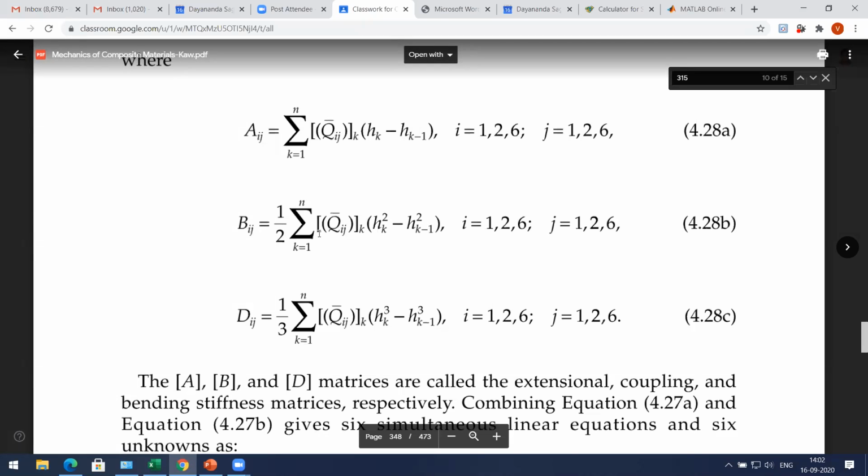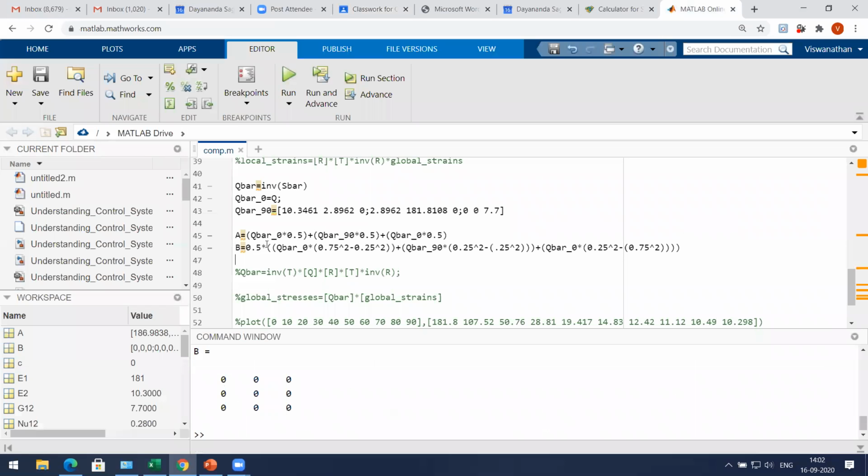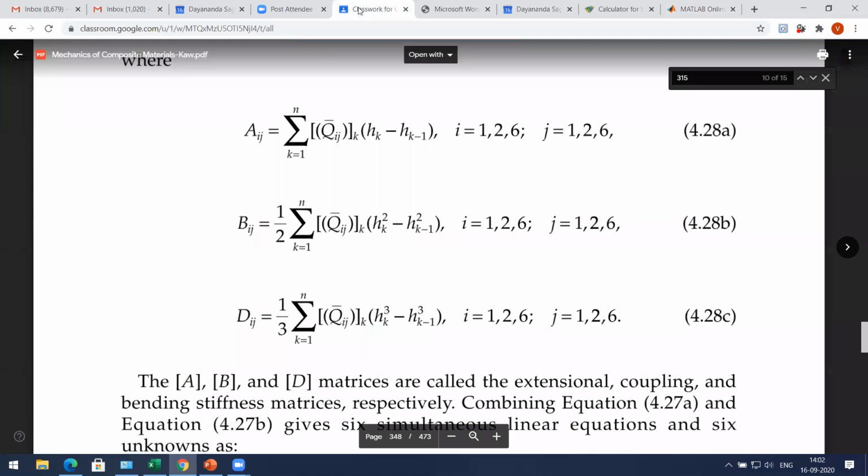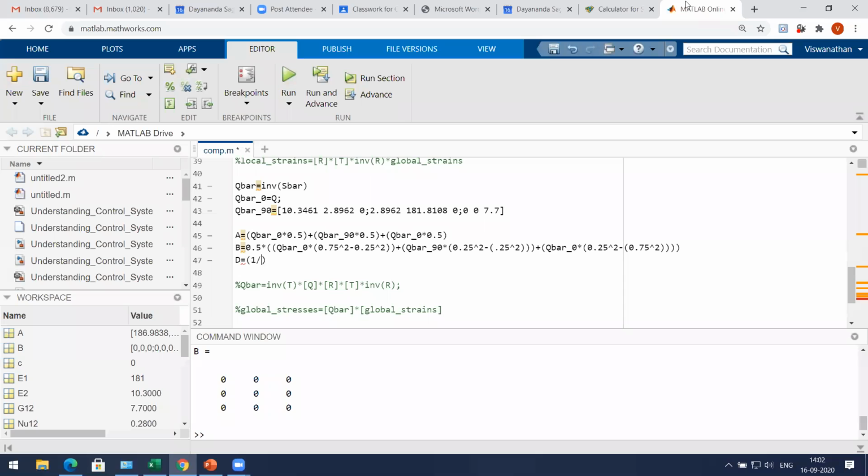So this is what the B matrix formula is, and that is what we have implemented over here. Okay, so let's do the D matrix now. Let's look at the formula. It is 1 by 3 multiplied by